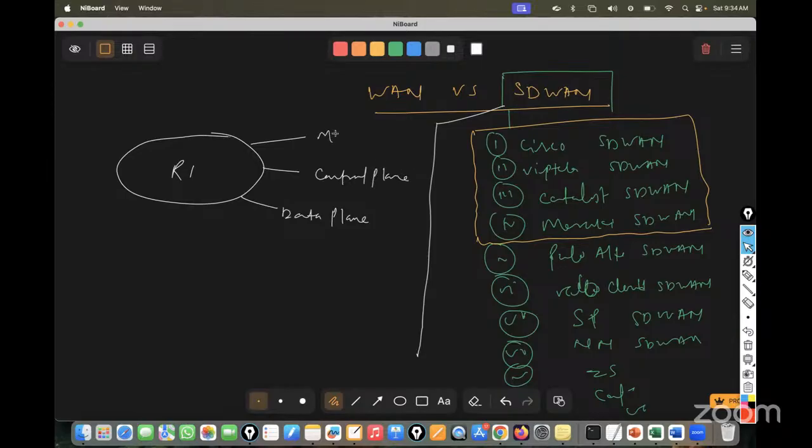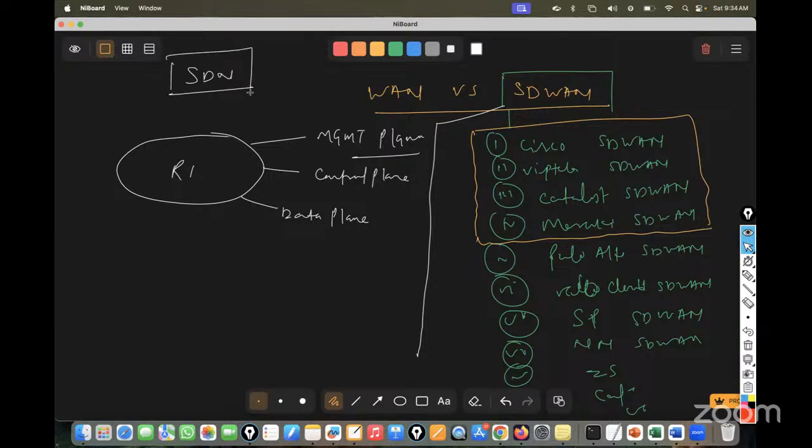And they have the management planes. Basically, these are the 3 planes available in routers, switches, or firewalls. But when we talk about the SDN solution, that is known as software defined